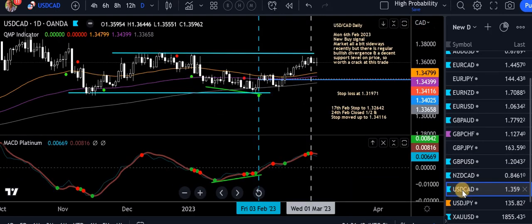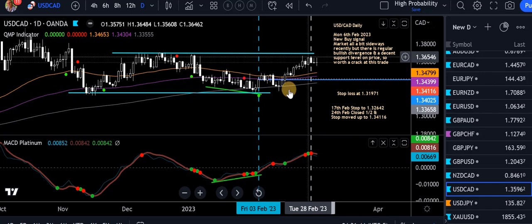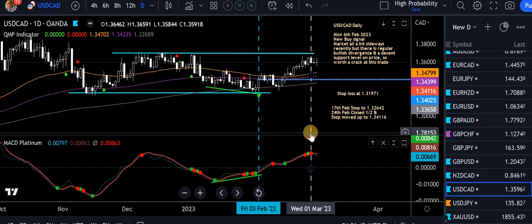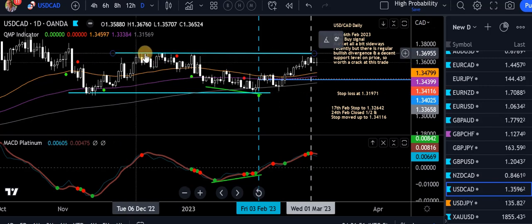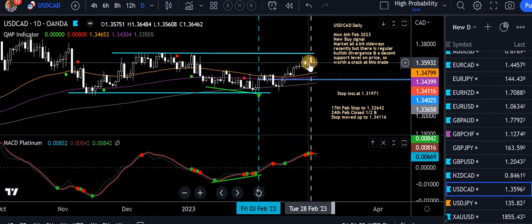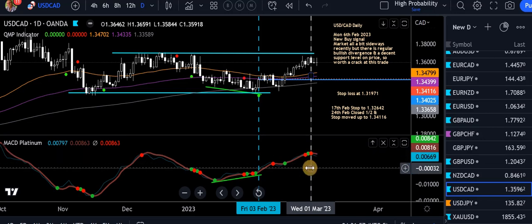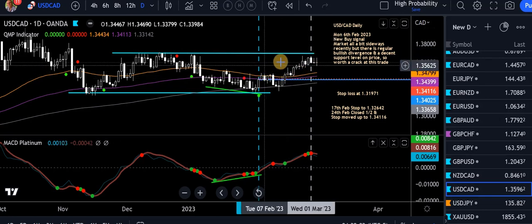USD CAD in a buy from the 6th of Feb. Can't lose. There's my notes on the trade management. Again, we've reached this previous high sort of thing. We've got this grey vertical line. The last dot's a red dot on the MACD pattern above the zero level. So I'm looking to sell now. And if I get a sell there, it'd be a good one. I'll keep the buy on, take the sell,